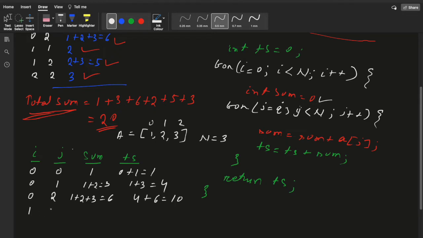And j will have j equals to 1, right? So j will be 1. Okay, the sum will be like 2. Sum is 2 because a of j is 2, and total sum will be 10 plus 2 is equal to 12. Okay. Similarly, i will be 1, j will increment to 2, so it will be like 2 plus 3